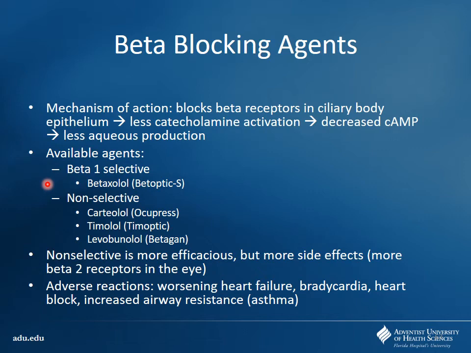You also have beta-2 receptors. Anyone know where you find those? I'm sure my respiratory therapist might know. Find those in the lungs, right? Beta-2 receptors are very important for causing bronchodilation, right? That's why we use albuterol or use our inhalers when we have an asthma attack, because it helps to relax